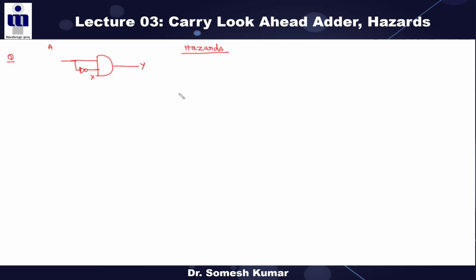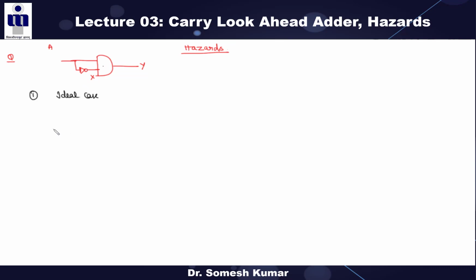Now the question is, if I am taking the first case, your ideal case. Ideal case means which is not practically possible. Ideal case means all these gates have zero delay, which is practically not possible because in digital electronics, any gate must have some delay. But ideally we are saying it has zero delay. So now tell me its waveform for the ideal case.